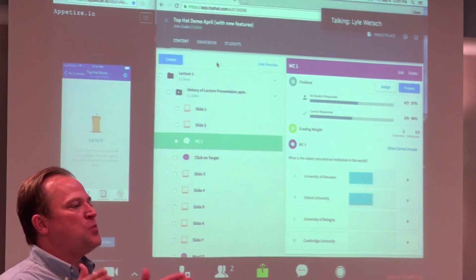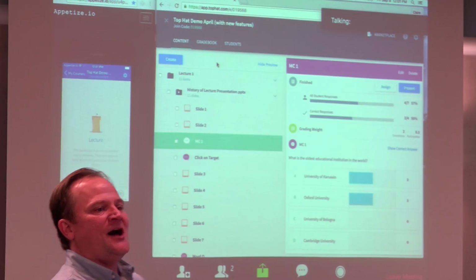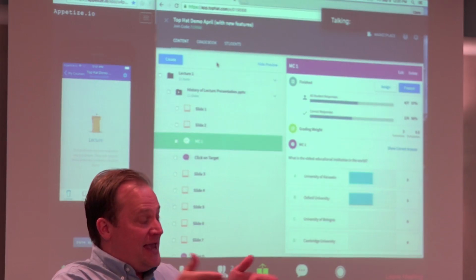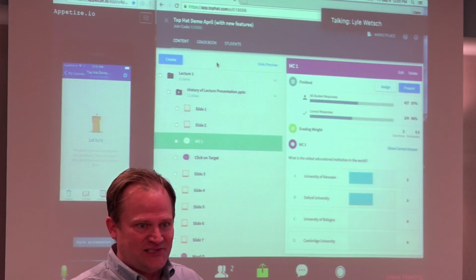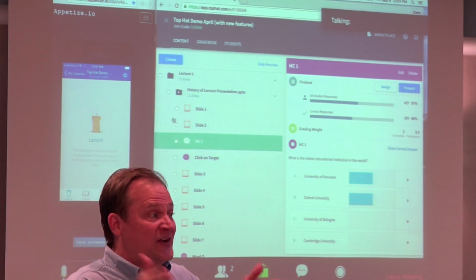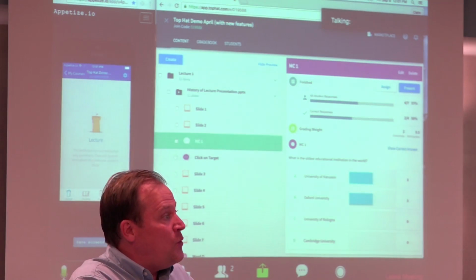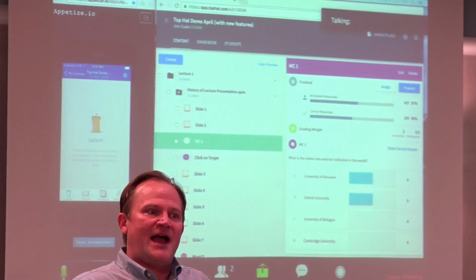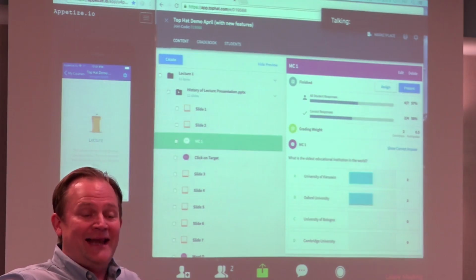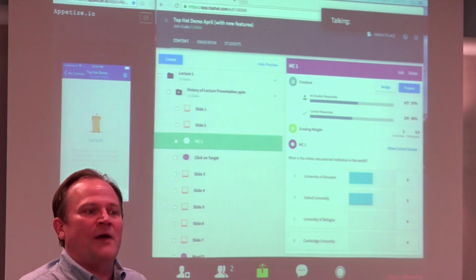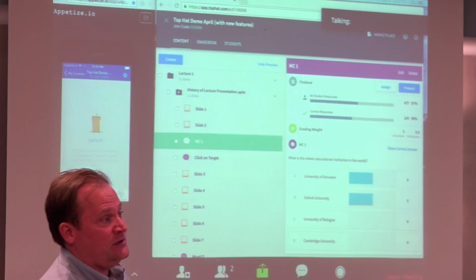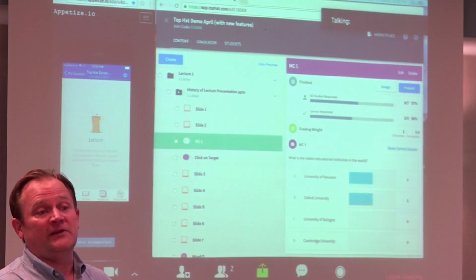If there's one professor using Top Hat in their classroom, they pay X dollars. If there are 6 professors in the 6 classes they're taking using Top Hat, they're still paying the same price. So the more of their professors that are using Top Hat, the cheaper it becomes, because it's one price whether one professor is utilizing it or several of us are.